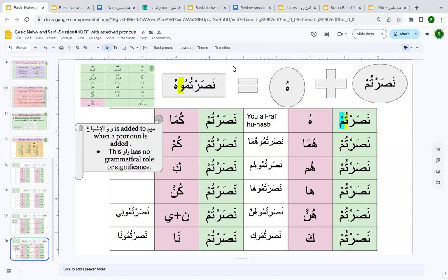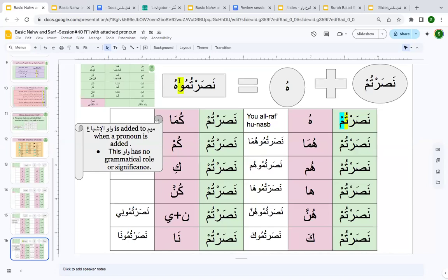In this brief session, my dear students, we are going to go over examples of fail ending with tum with an attached pronoun. So we have learned that whenever a fail ends with mimul jam'a, like in the word nasartum, and there is an attached pronoun like hu, huma, hum, ha, hunna, ka, kuma, kum, ki, kunna, ya or na, you will notice that there is an extra vowel that gets inserted in between the two words. In between the fail and an attached pronoun, you see an extra vowel which has no grammatical role or